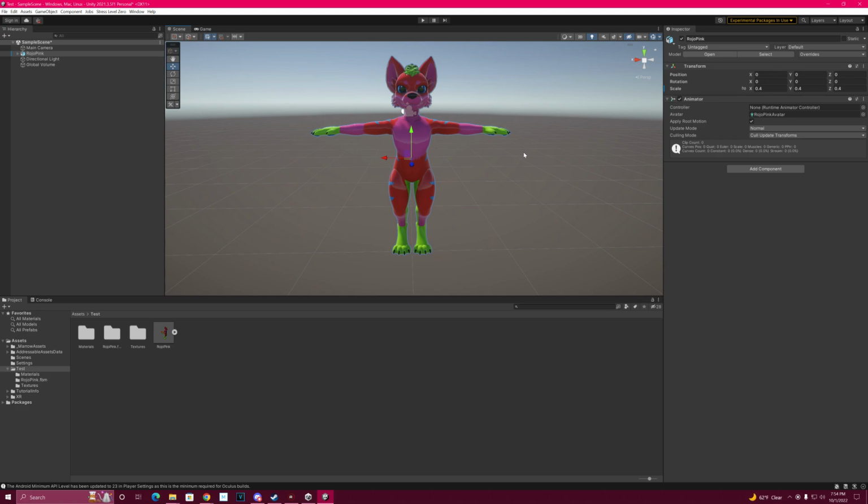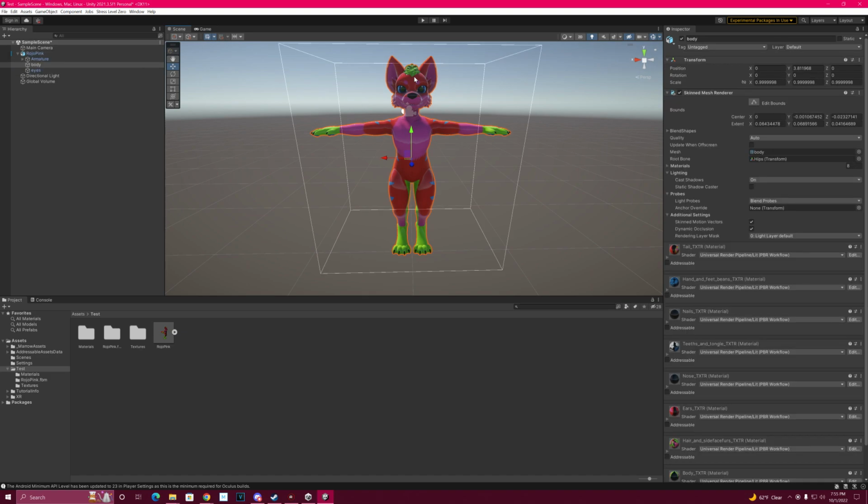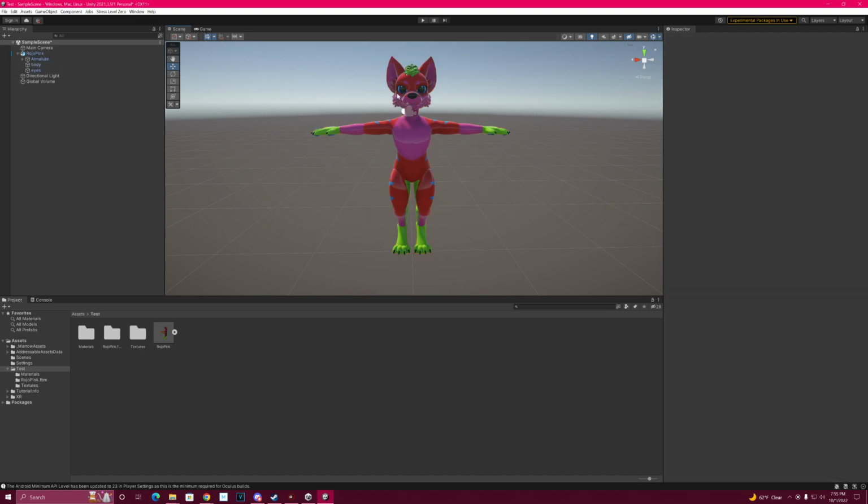So I did a bunch of trial and error of just typing in a bunch of numbers from like 0.1 all the way to pretty much the default 1 on each box, and then found that 0.4 was perfect for me. But once you got that set, you got the scaling and everything,